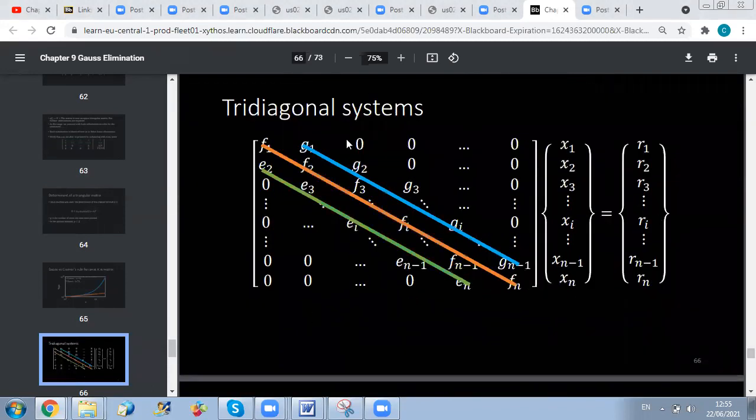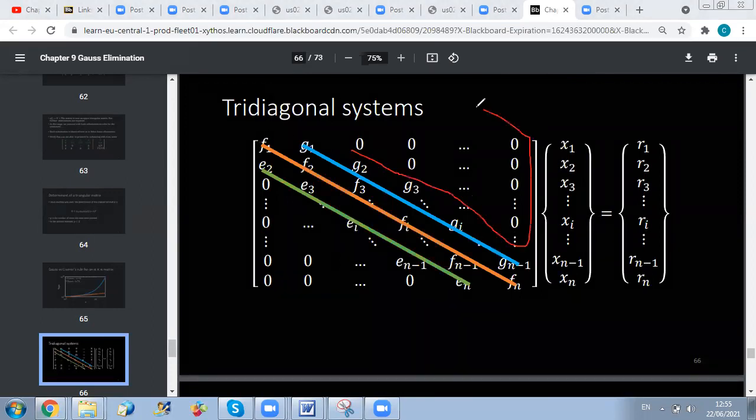Now we move to tridiagonal systems. Tridiagonal systems are a particular form of systems where all elements are 0 except the diagonal, and, if you want, the line just above and below, which we can call the upper diagonal and lower diagonal. Okay, so it's a band of 3 diagonals which are different than 0,